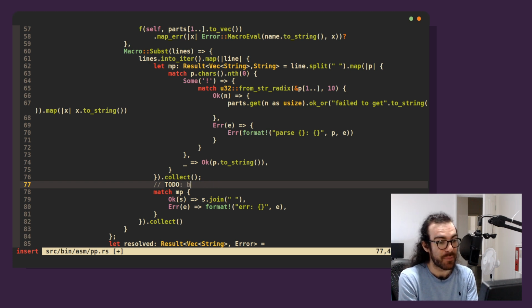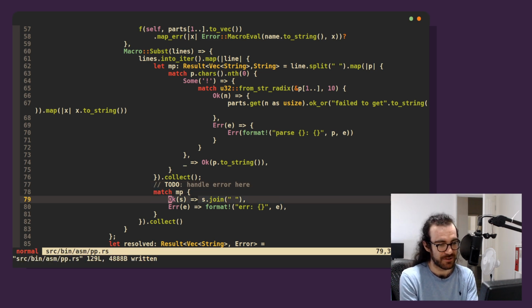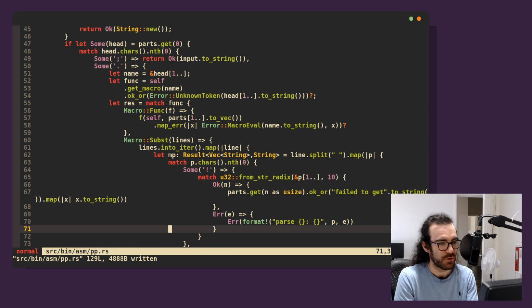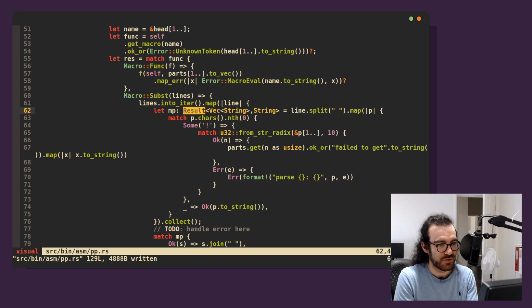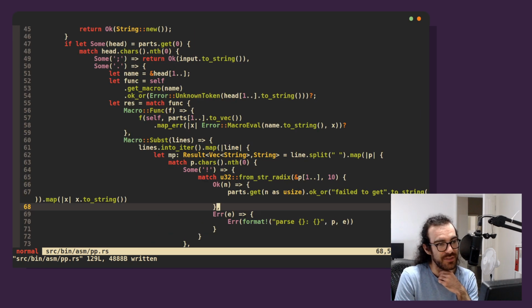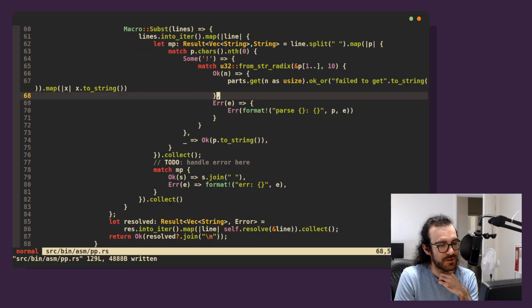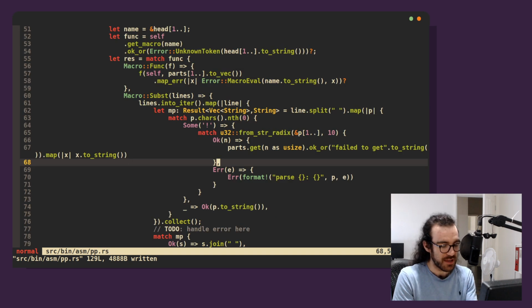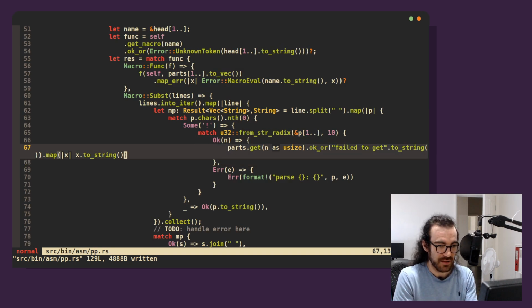Well, let's not even say better, let's say handle error here, right? Make this an actual error, not just part of the string. Make this a more complicated type. Make this do this thing as well with the collect, this outer bit. But I'm not going to do that right now. Even though it's not that hard, I'm going to move this all into its own function at some point. The thing I am going to do is say, okay,